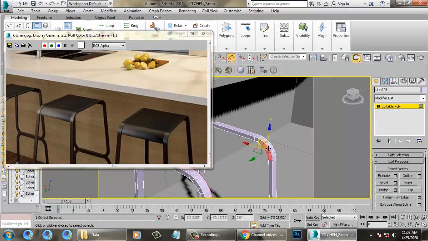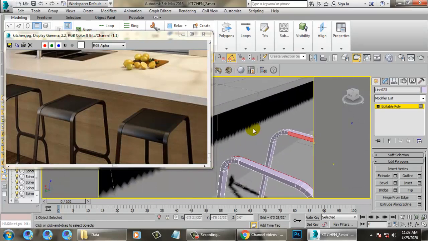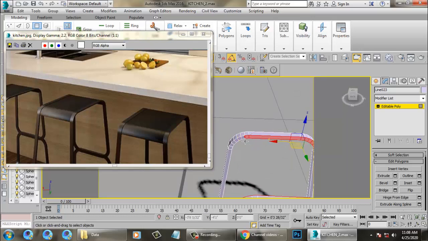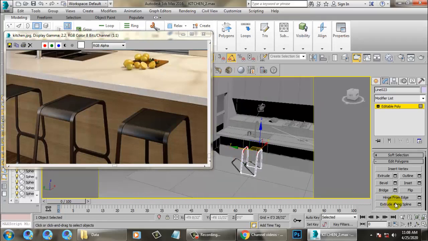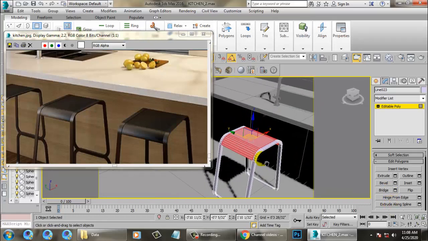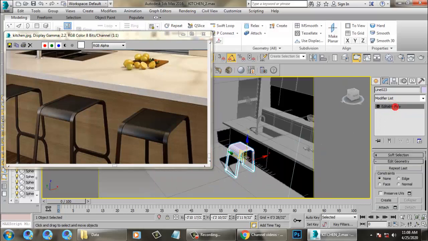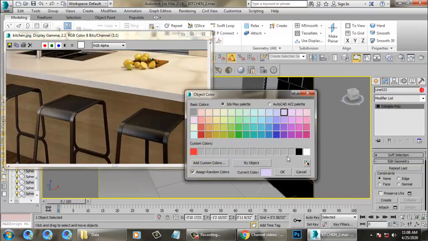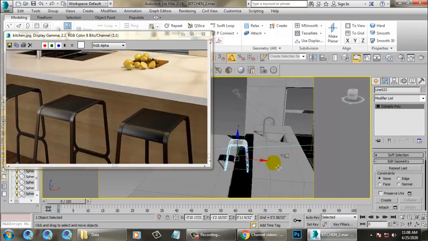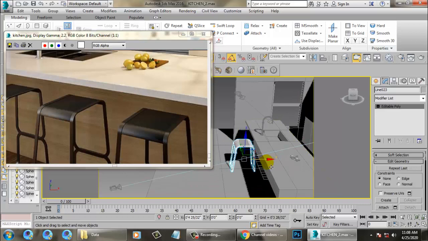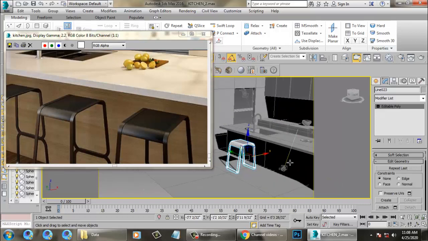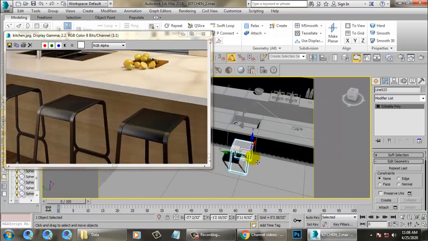Control select all the other polygons. Now we have the option called bridge, so let's bridge it. That's it. And let's give a color to it. You can push it a bit inside over here.